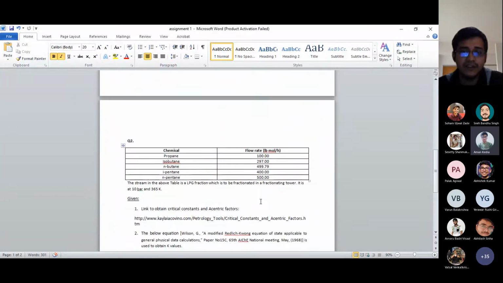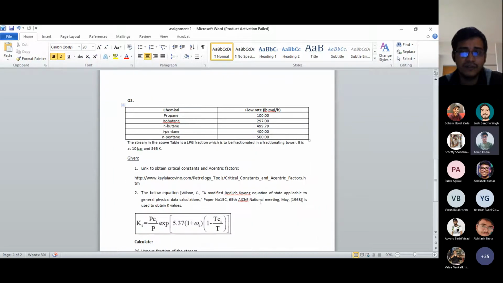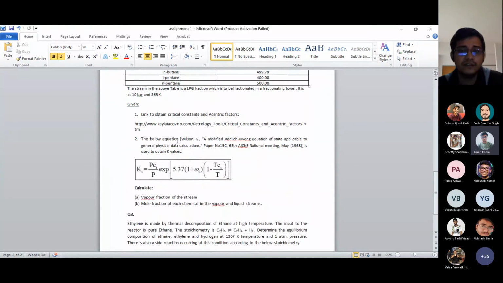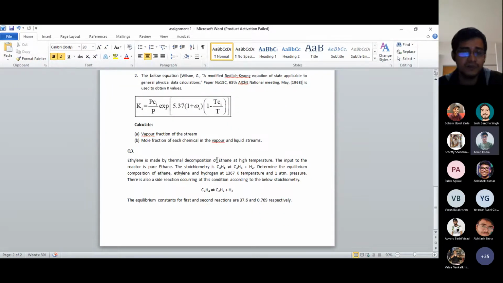The second is basically the one we discussed yesterday about making use of nonlinear algebraic equations by using either fzero or fsolve. So you have to calculate the vapor split or vapor fractions of the stream and mole fractions, that is the flash operations, and the parameters are obtained from here, that is some data are given. And the third is basically equilibrium calculations, thermodynamic equilibrium calculations, that is the equilibrium compositions in terms of mole fractions.